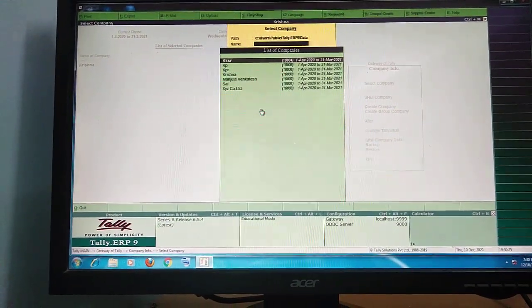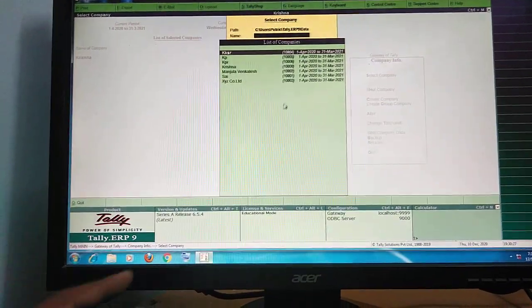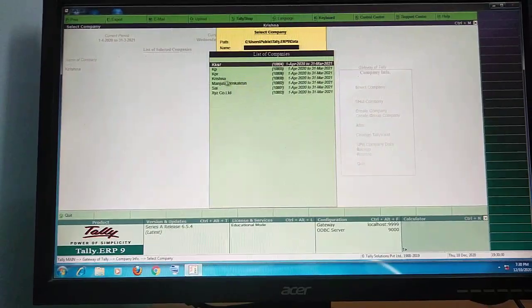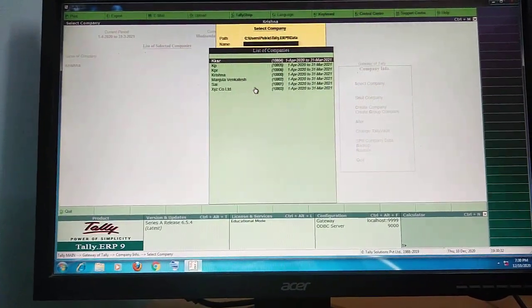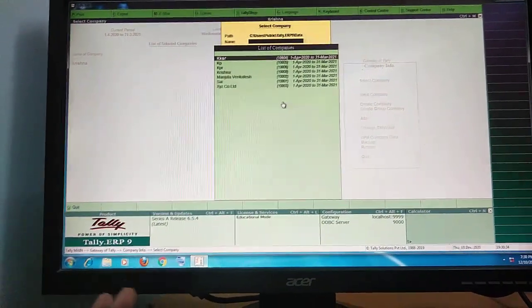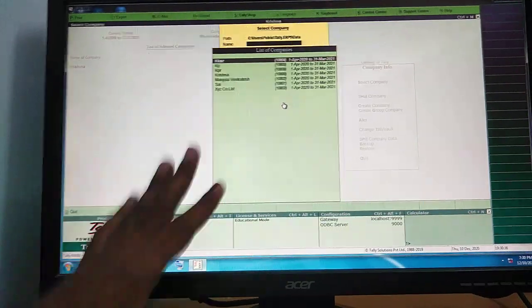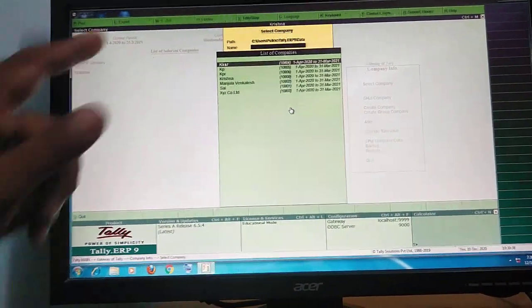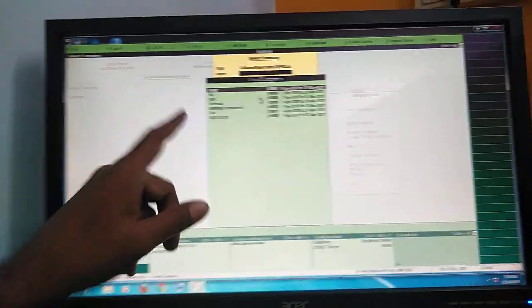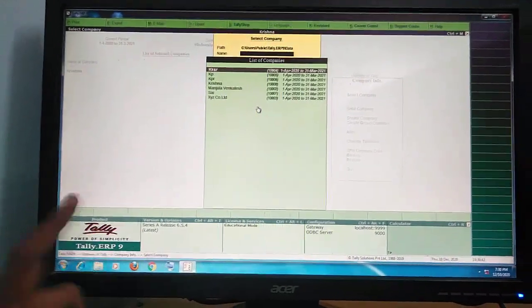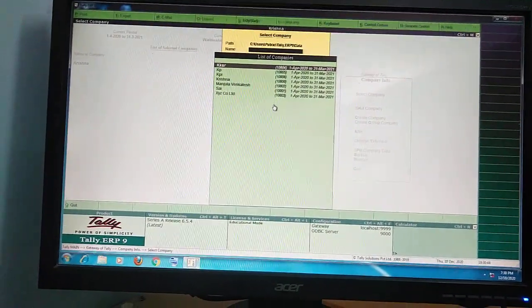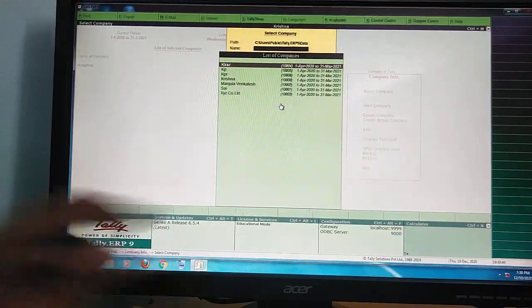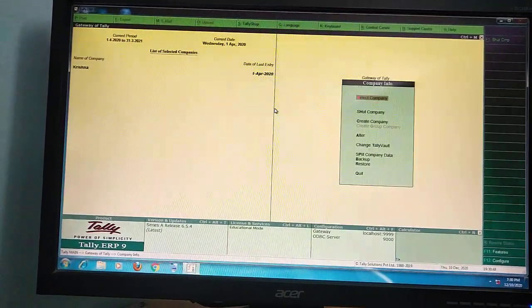Whichever company you want, click on it and that company name displays on your computer. This Select Company means an already created company is loaded in the system. So if you want to select a company name, go to Select Company, click on it, and the company you selected is displayed.